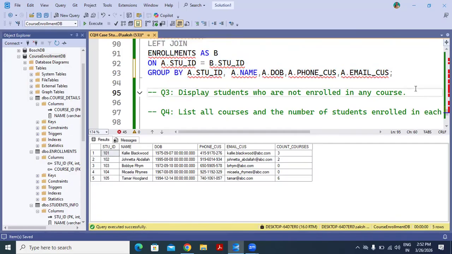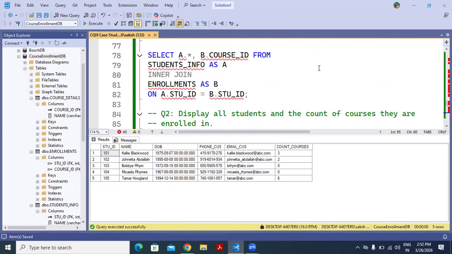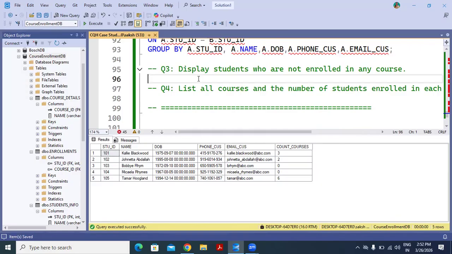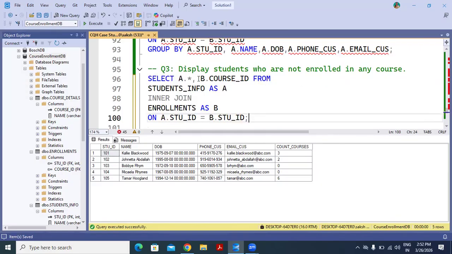Now the next question is display the students who are not enrolled in any course. So we need the student details, and so again we can join the first table and the third table because we need the enrollment, and for enrollment we are having the third table.